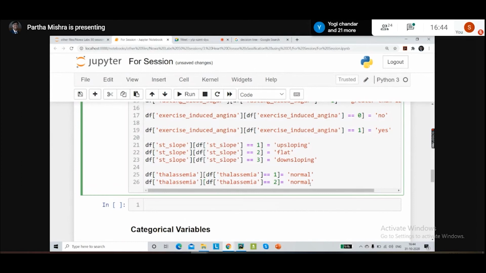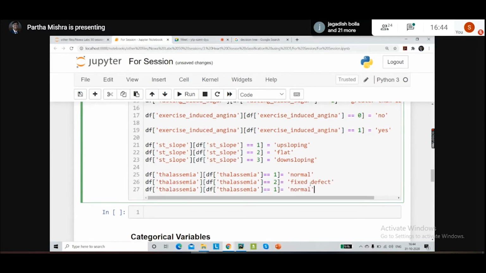If it is 2, we have something called a fixed defect. If it is 3, we have something called a reversible defect. Okay.